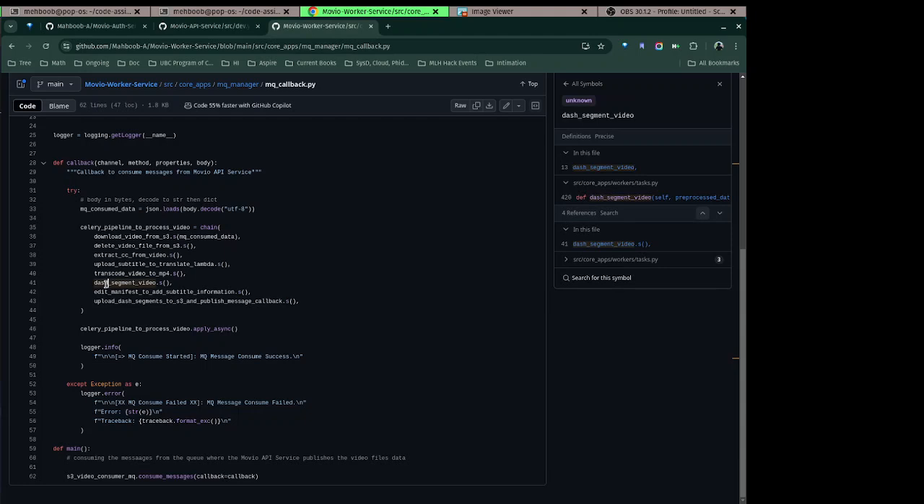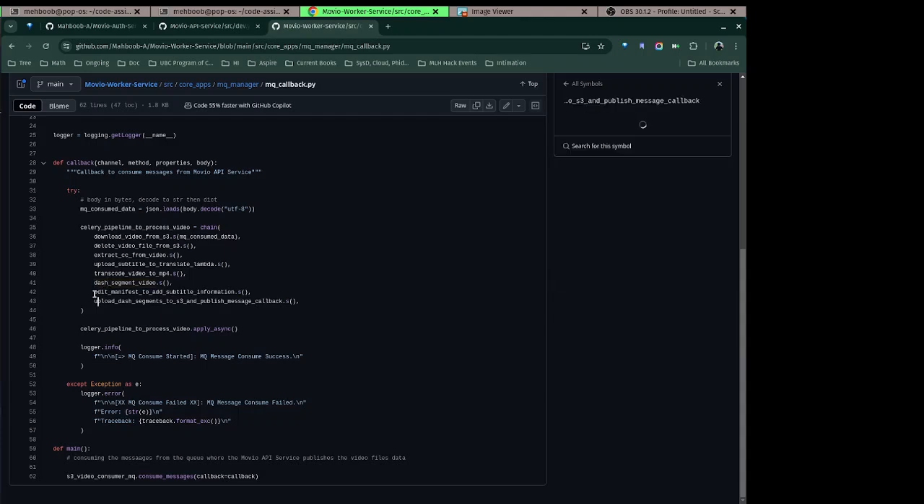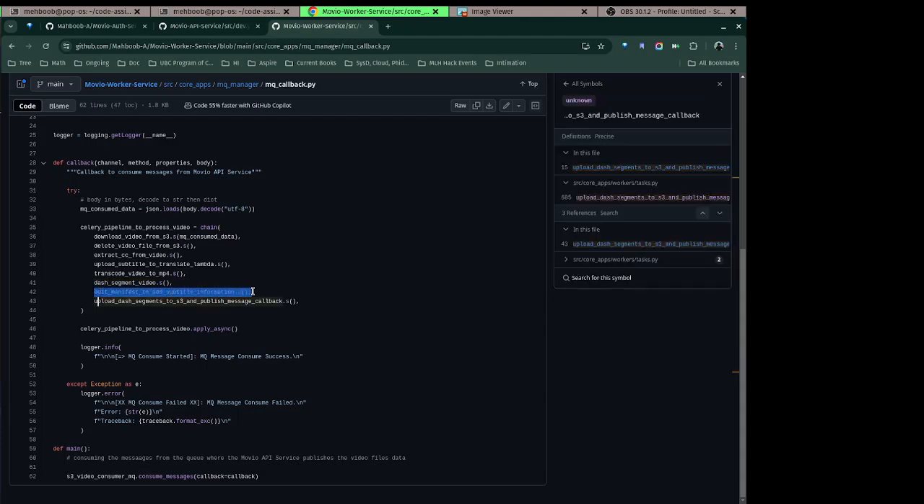Once it is done, what I'm doing is editing the manifest file to add subtitle information. FFmpeg in general does not natively support adding subtitle information to the manifest file. We can extract the subtitle using FFmpeg, which is very easy, but we have to manually add the locations of where the